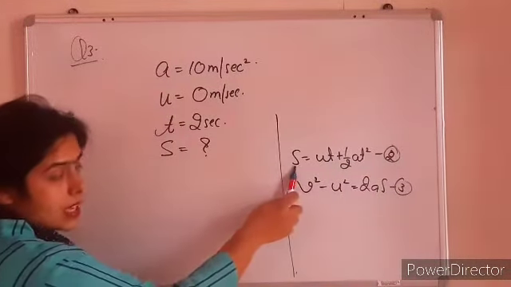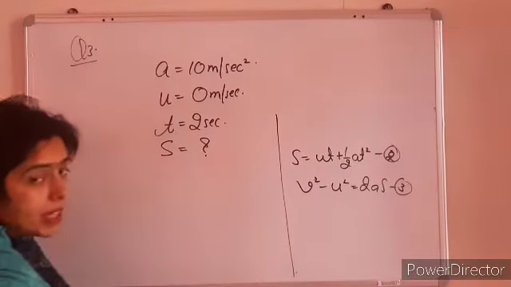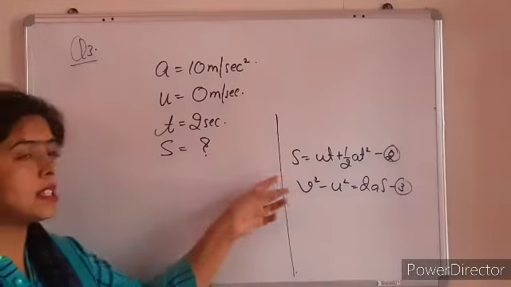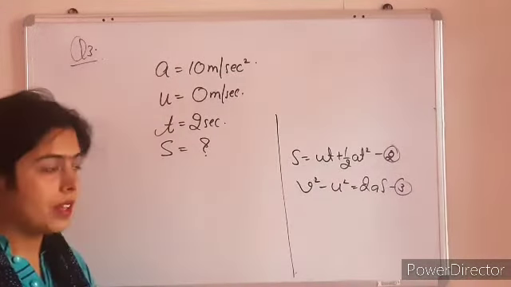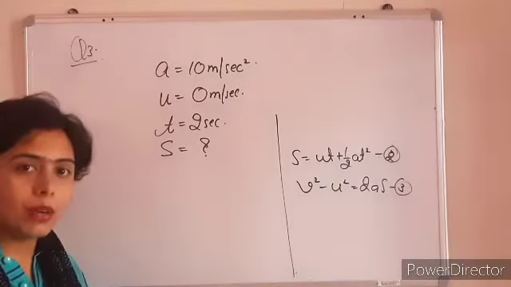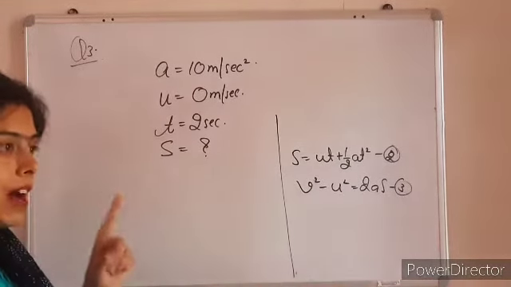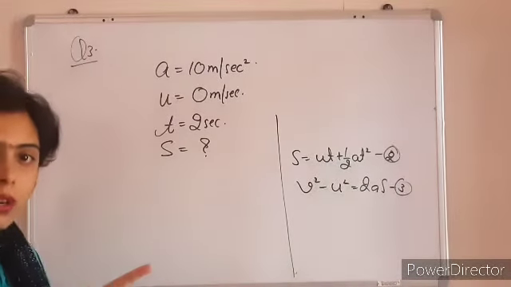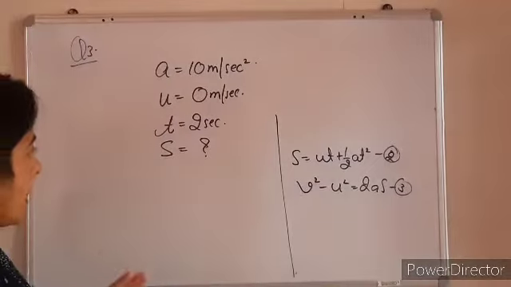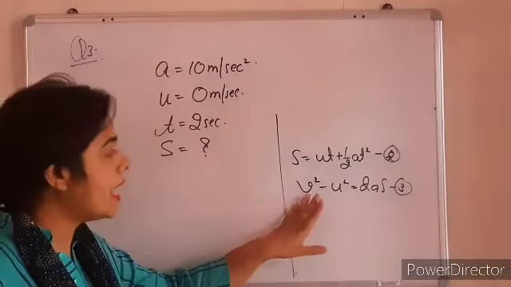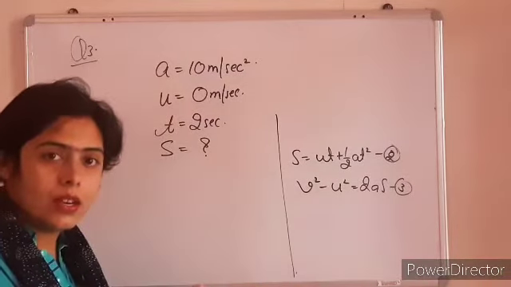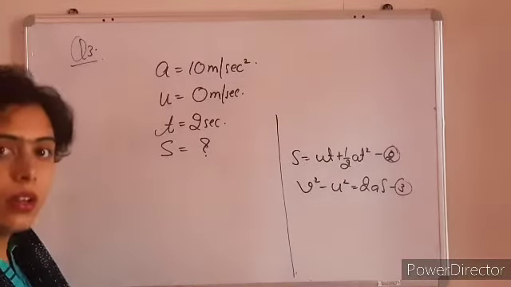Here also distance is coming and here also it is coming. S is coming in both the formulas. Now out of these 2 formulas, which do we have to use? For this, keep one thing in mind: apply the formula in which only one quantity is unknown and the rest are all known. I am repeating again, apply that formula out of these 2 in which only one thing is unknown and the rest are all known.